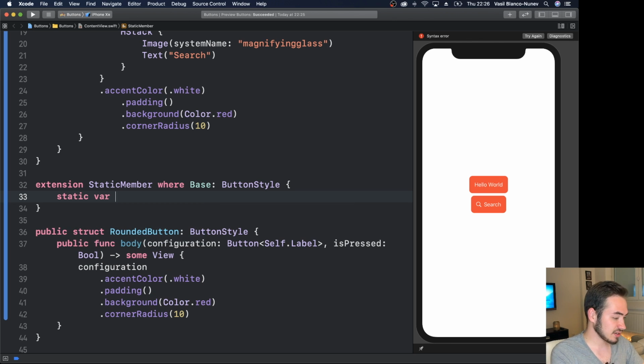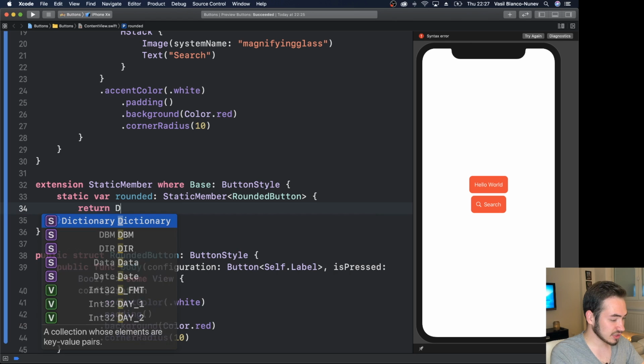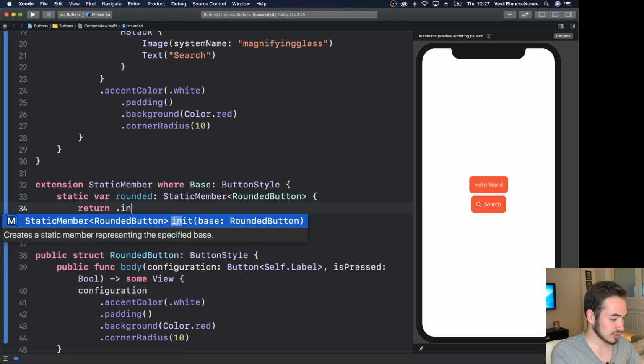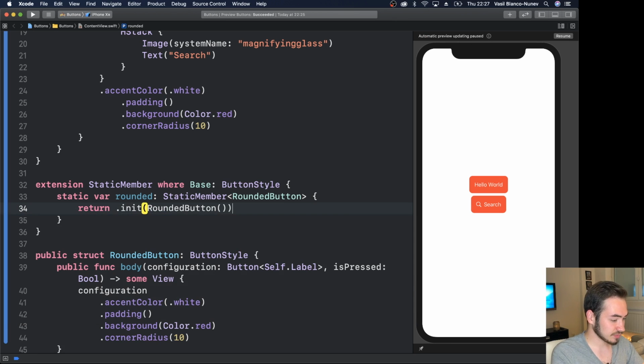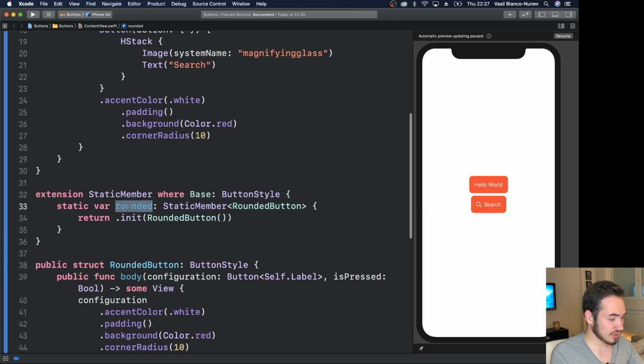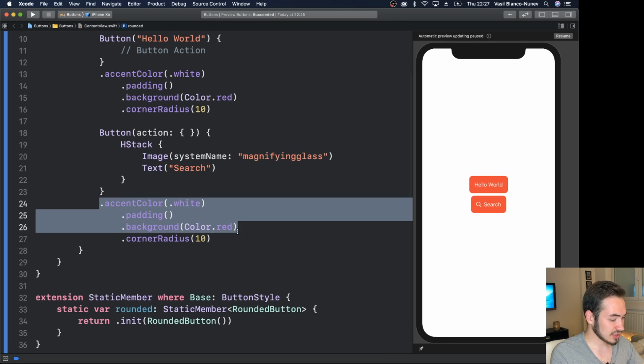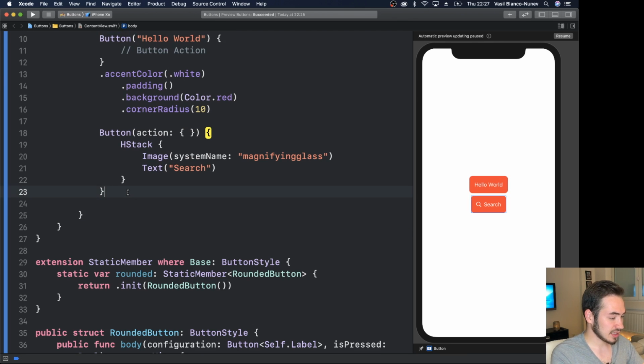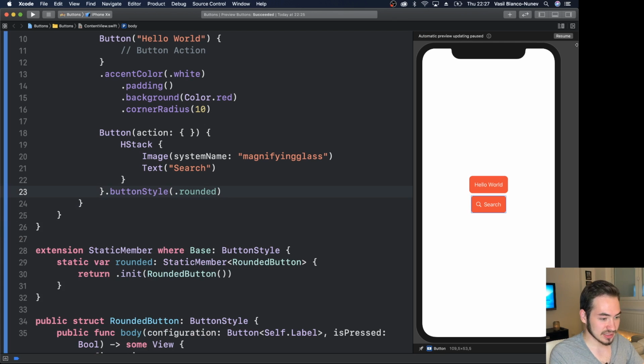So we will have a static var of a rounded, and that is gonna be static member of a rounded button, and let's just return our init, and then we just say rounded button. Alright, so now we have this rounded. So if I delete this code in here and I say dot button style dot rounded, I should see the exact same result in here,